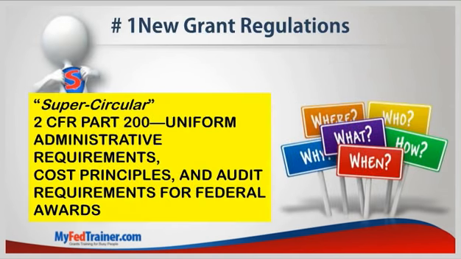Well, let's start with the first one, which of course is the most important, and that's the movement from our old grant regulations to 2 CFR Part 200, the Uniform Administrative Requirements, Cost Principles, and Audit Requirements for Federal Awards. Now that's a mouthful, so sometimes it's referred to as this OMB Super Circular, and that is the first big